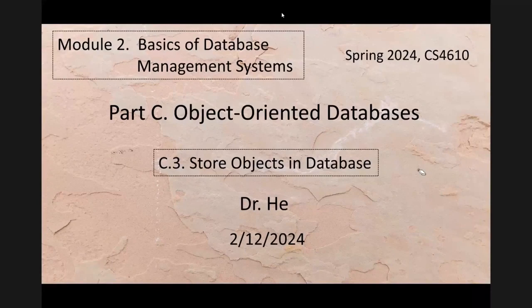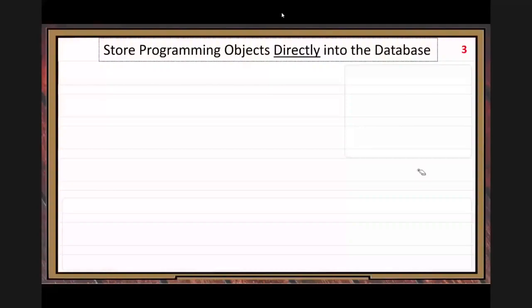Let's talk about the main idea of this new type of databases, object-oriented databases. So the main idea: store objects directly in the database. So what is this idea? First, I'd like to say this idea